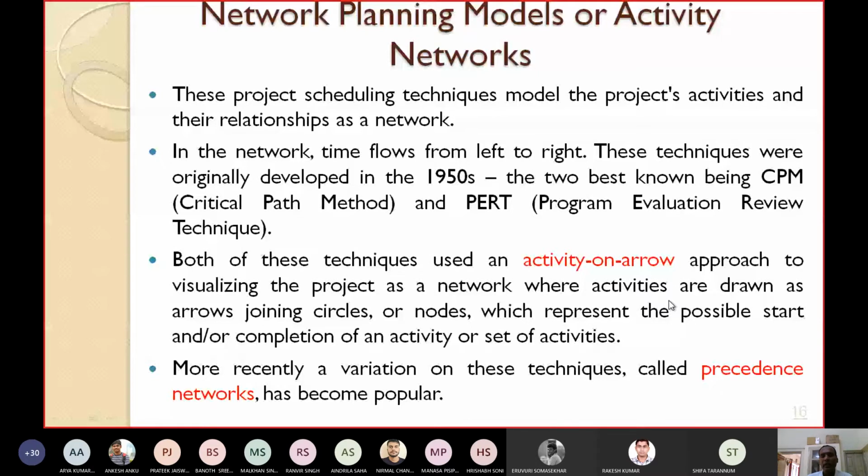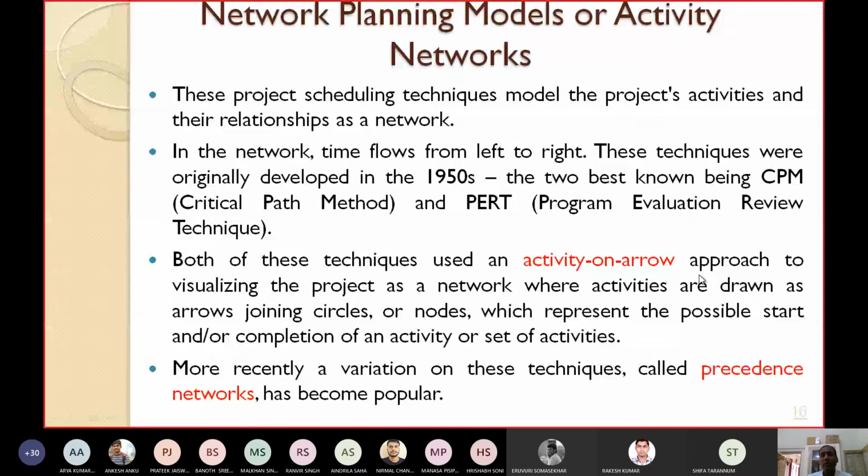I will give some example. In the network, basically it will represent the activities and their dependencies, their relationships. Both of these techniques use an activity on arrow approach to visualize the project as a network.